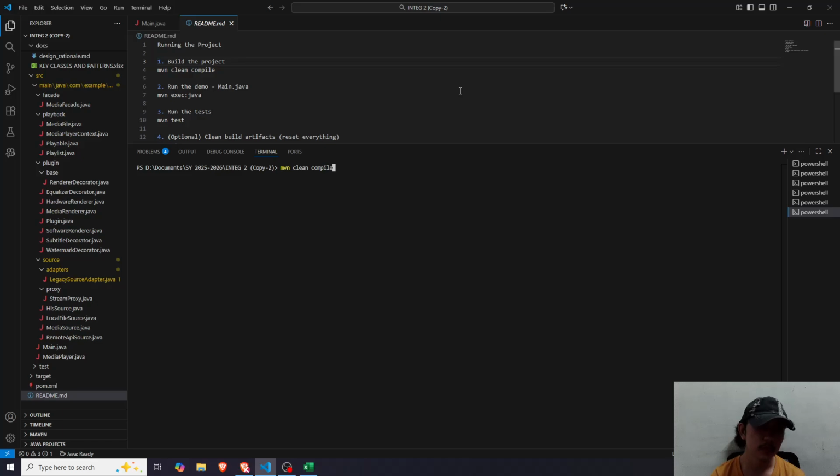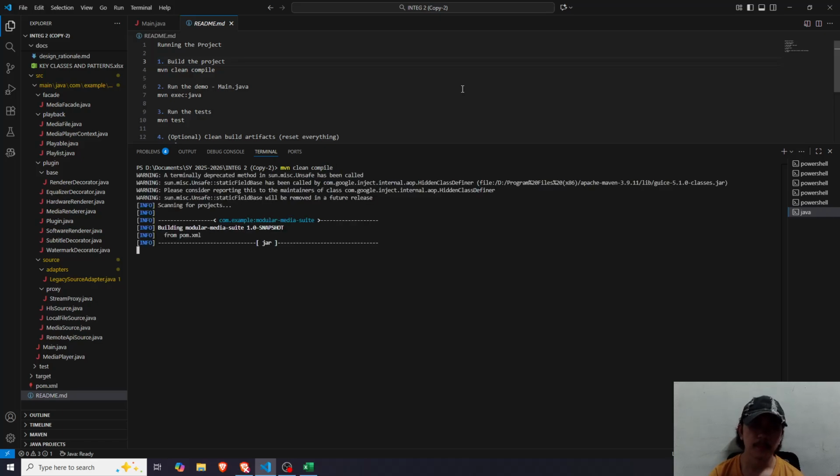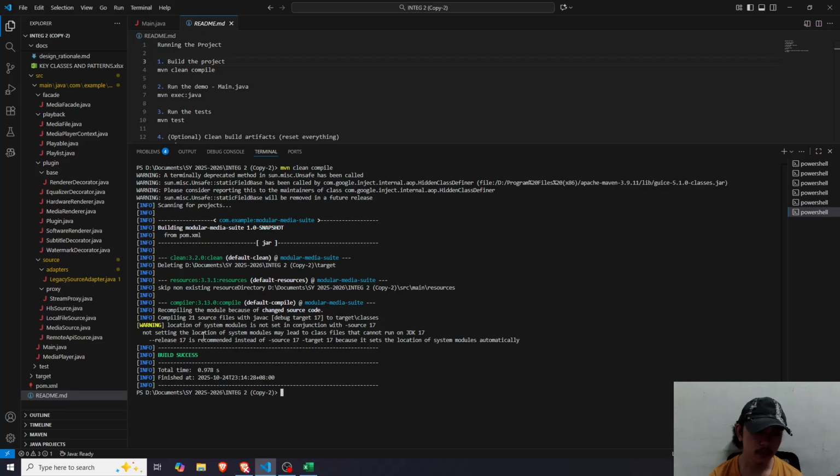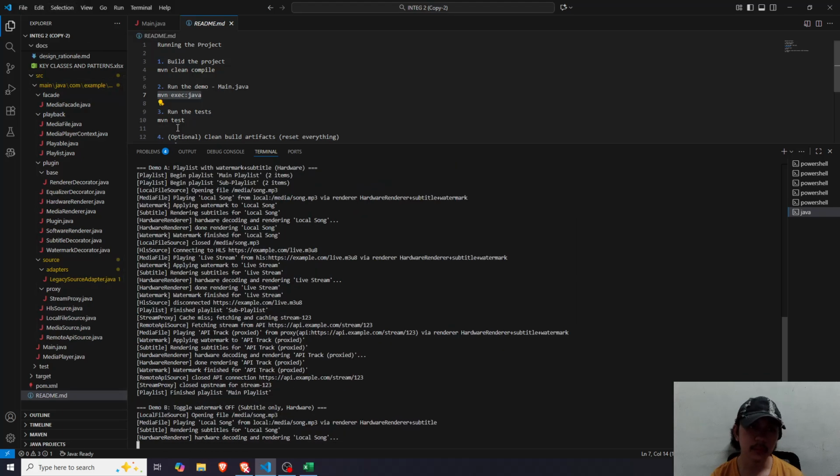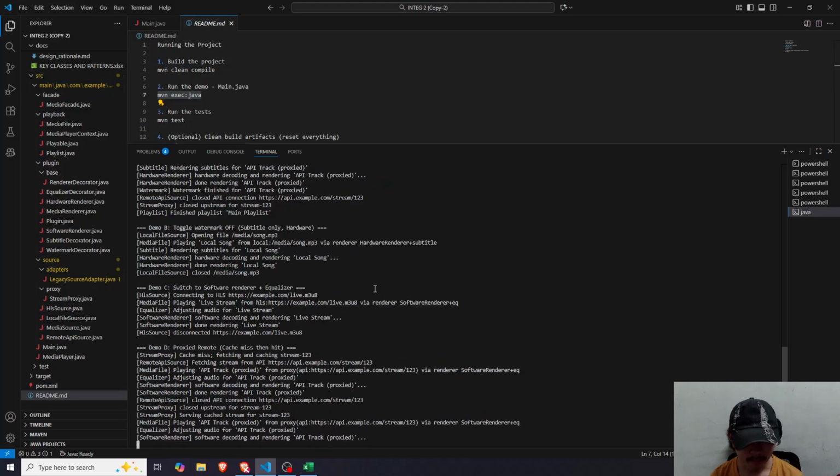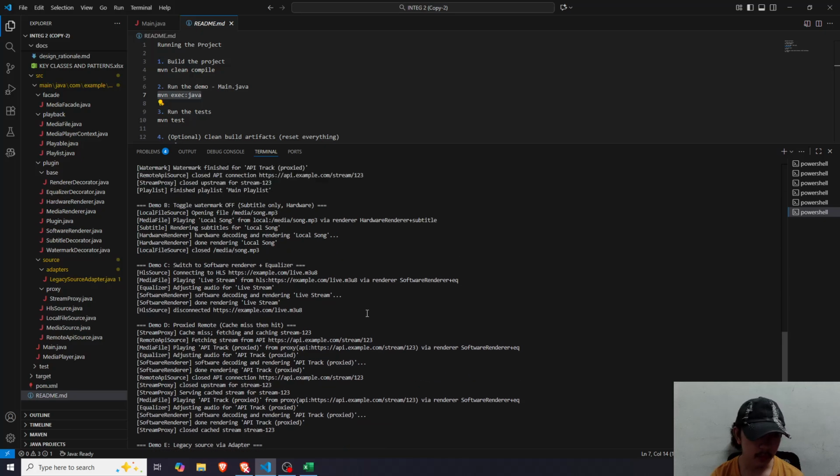So let's proceed. Clean compile, build the project. We should see build success in order to know that our project is ready to be executed. Okay, so it has everything it needs. Let's run the demo by entering this command, mvn exec:java, which runs the main Java class of our project.